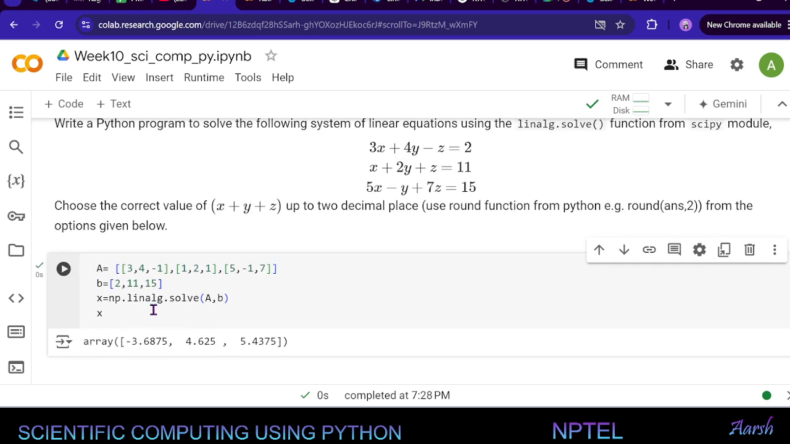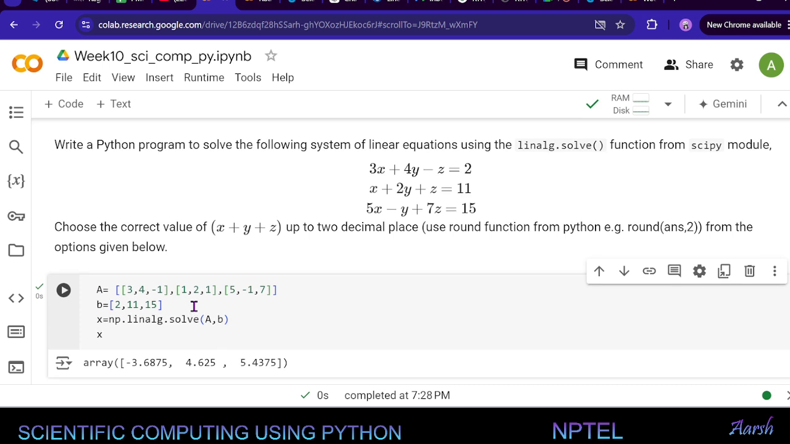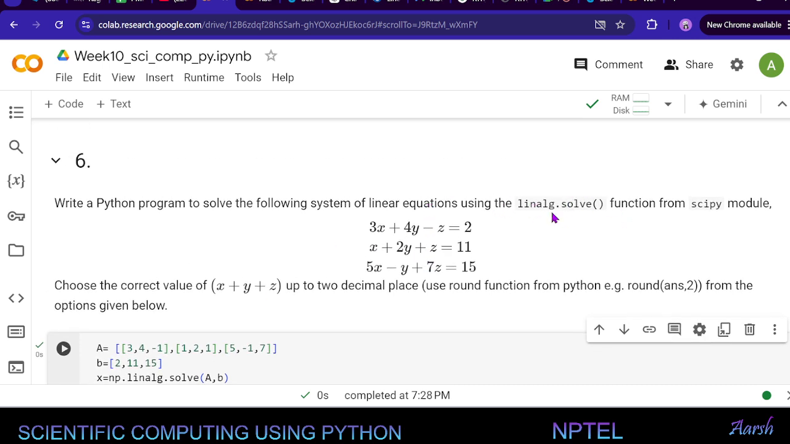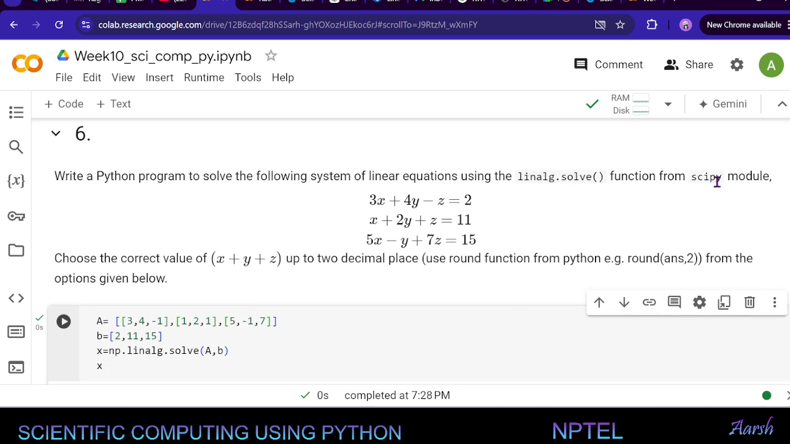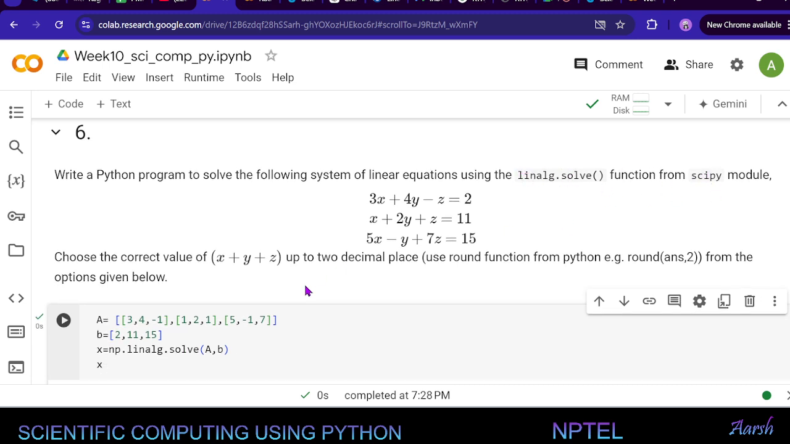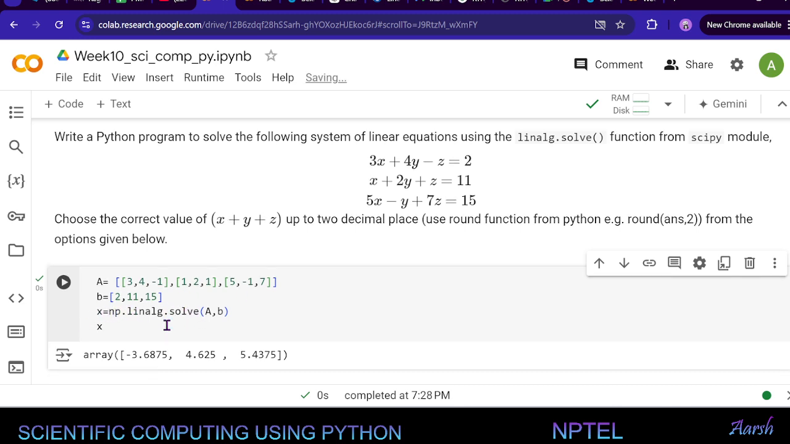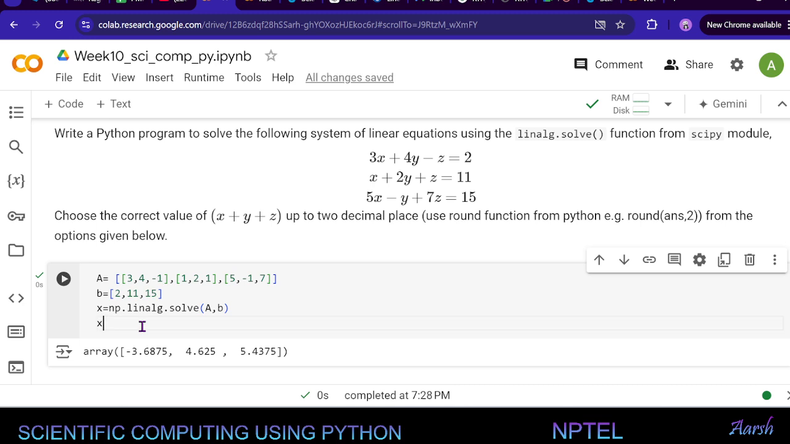Yeah, np.linalg.solve also gives the answer. And if you want to religiously follow what is given in the question, then import linalg from scipy. So you write from scipy import linalg, and then you can write just linalg.solve. It will give the same thing. Okay, but what we are asked is x plus y plus z. So we need np.sum of this,